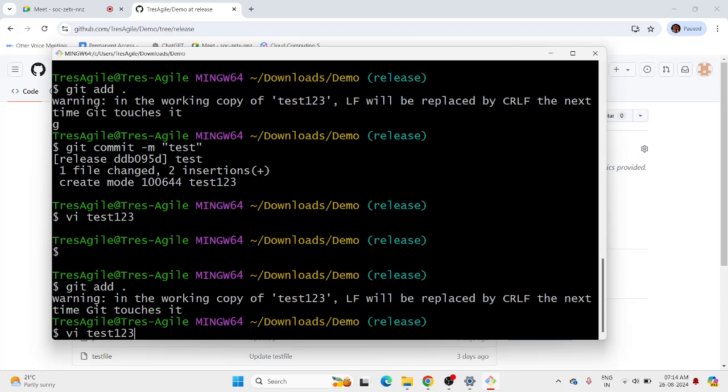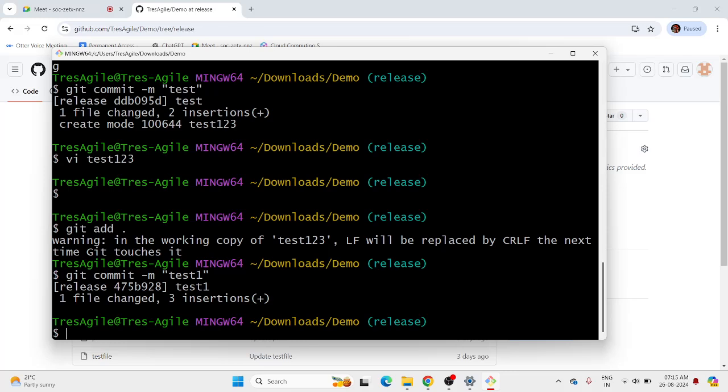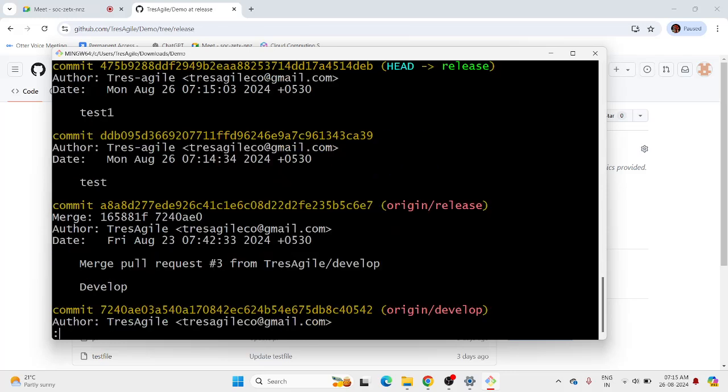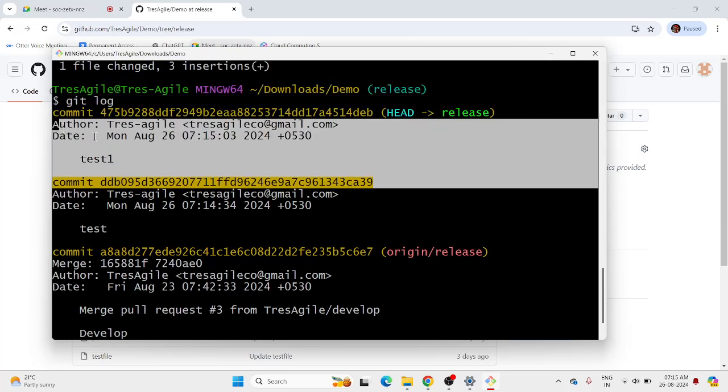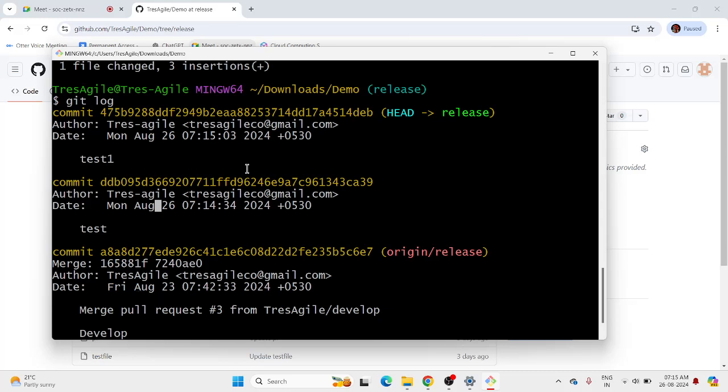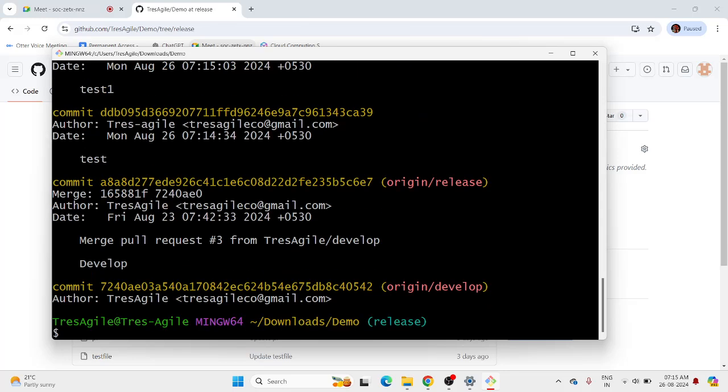Let's do the same with add. Commit is just one. Now we did today, I think, two commits. This is the August 26th, yes, correct. This is the reminder. Now, what we did last time,